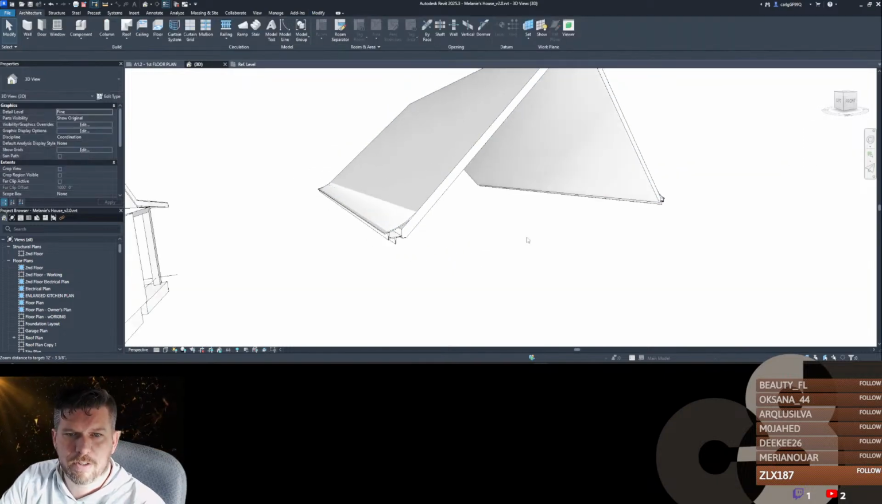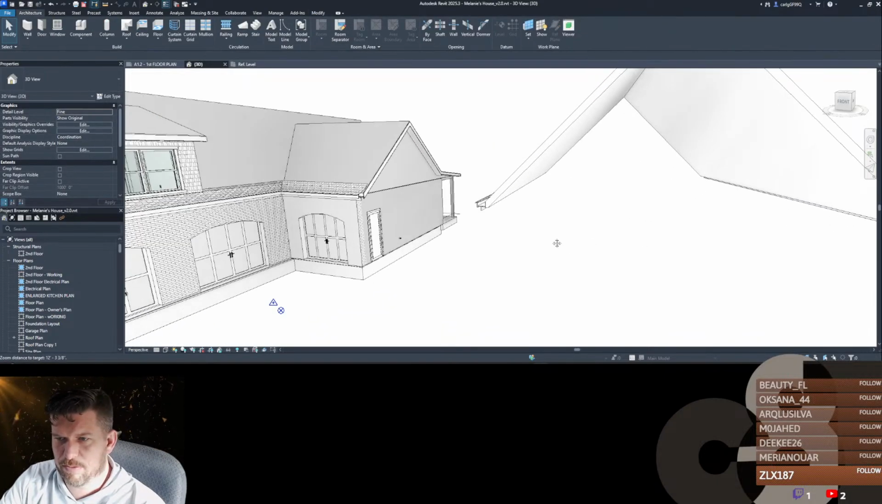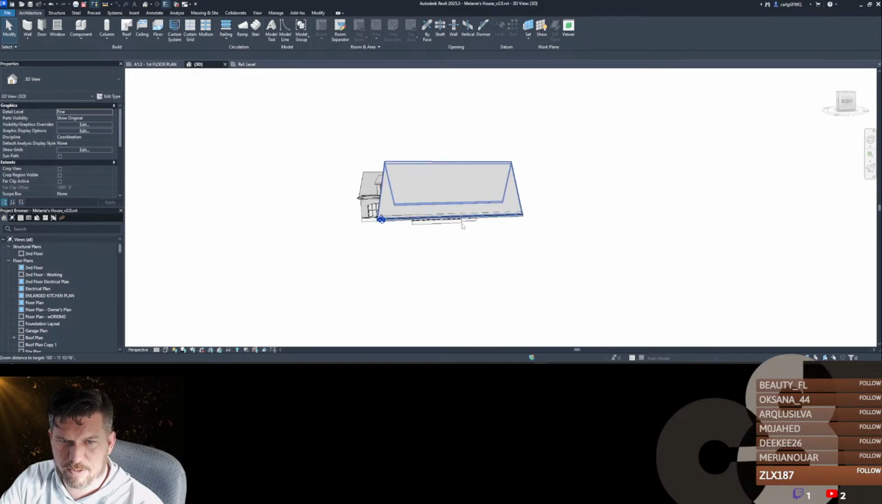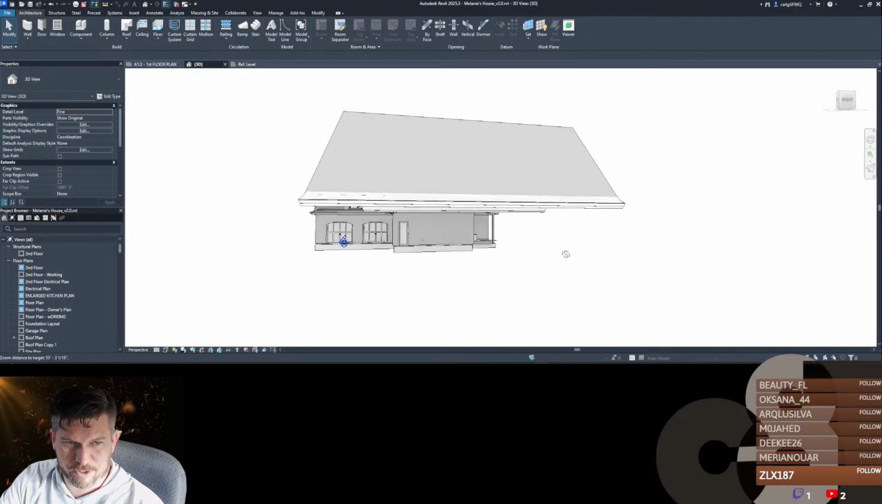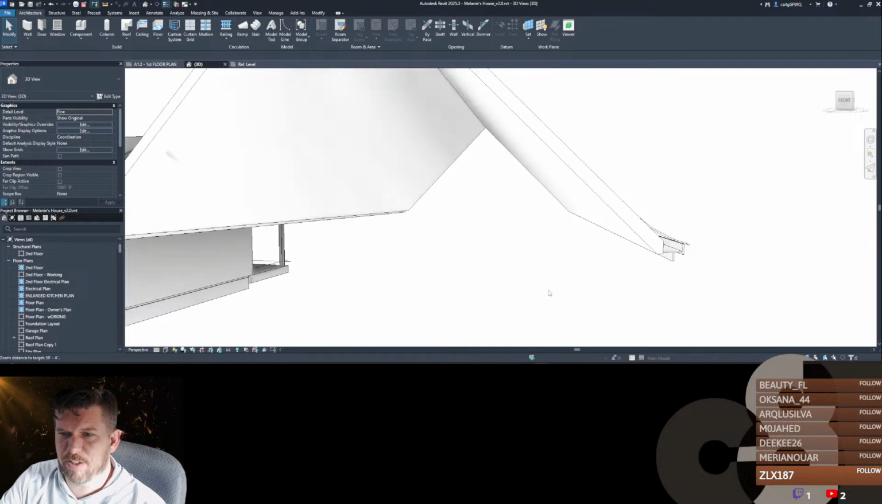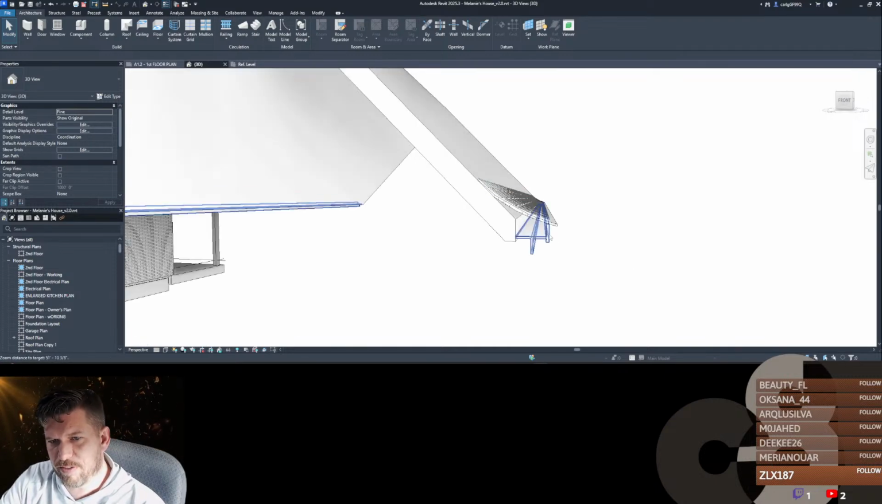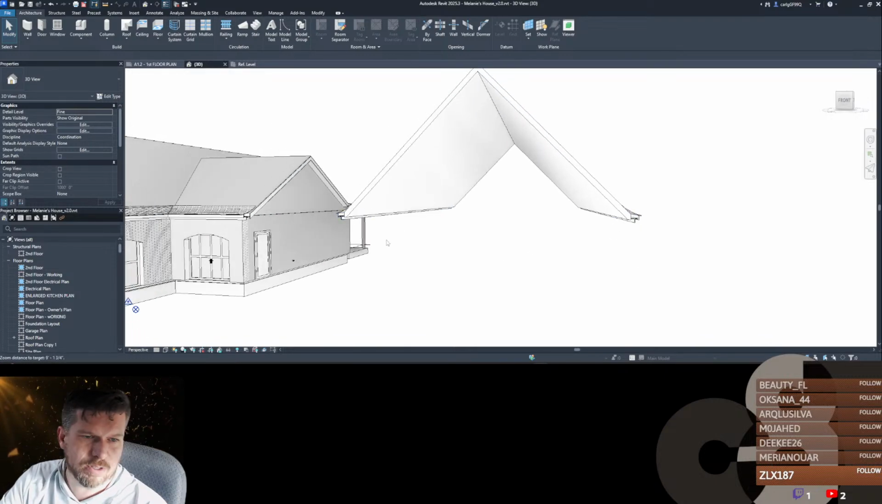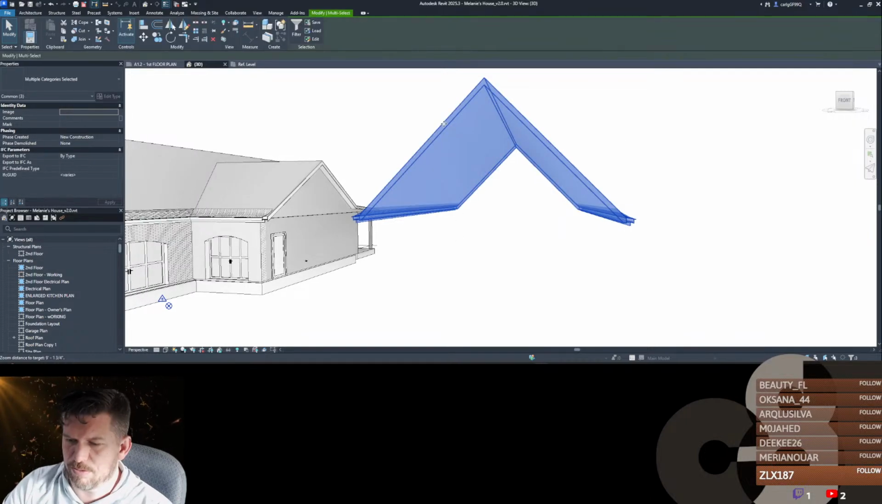Okay, so there's a little bit of cheating going on. From this elevation, it's going to look fine. But from this elevation, I'm going to have to do a little bit of drafting in the view to get that to clean up. And I'll show you what I mean by that. So I'm going to go to